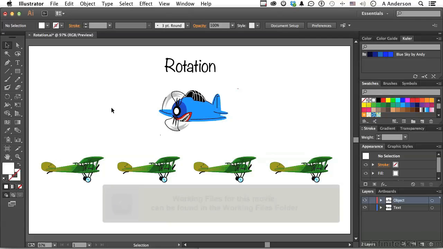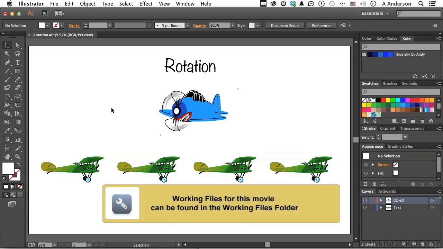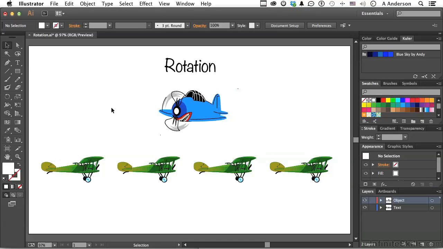Tell you what, why don't you dive headfirst into your working folders and come back out with rotation.ai. Let's see if we can have some fun with rotation. Rotation is kind of cut and dry. I mean, you rotate something, okay? But there are a couple of things that we can play around with to make it a bit more interesting as well as valuable. And I want to introduce something else that you may already be seeing, and that's smart